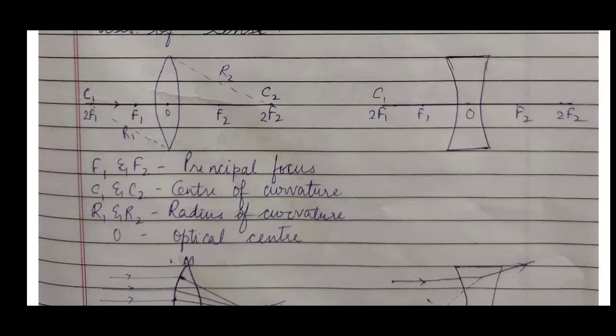Now here you cannot see a center of curvature. Yes, radius of curvature. Now what is pole? It will not have a pole. Okay, it will be having a pole, but here whatever ray we are taking, we will take it from the optical density. Now here f1 and f2 are the principal focus. We have two focus. Why are there two focus?